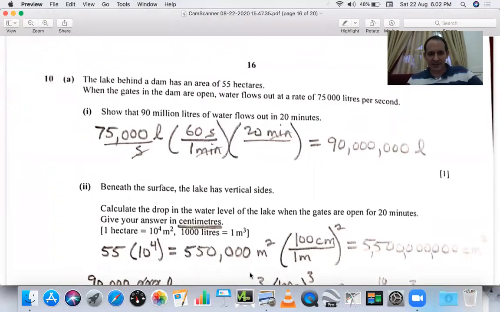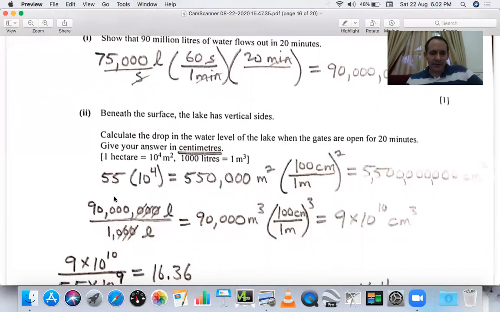Volume is just area times height. So we take our 55 hectares and we need to convert it to centimeters cubed because it wants the answers in centimeters. So we take 55 hectares multiplied by 10 to the 4th power